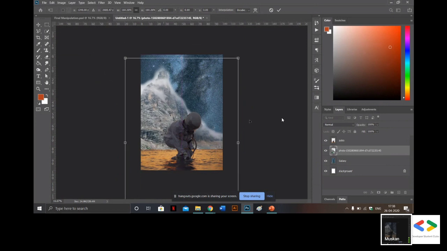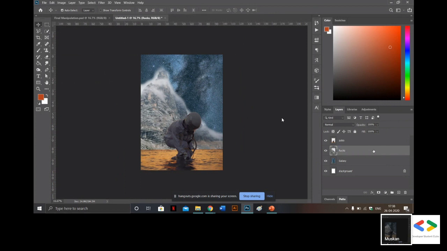These are two, three pictures, that's why it's a little bit confusing, but I want you to know the tools which are used here. Because when you know the tools, you can manipulate more. So it's easy. Then I will go to the move tool and move it wherever I want to. Like I like this area. So now this is rock. I will name the layer rock. It's easy